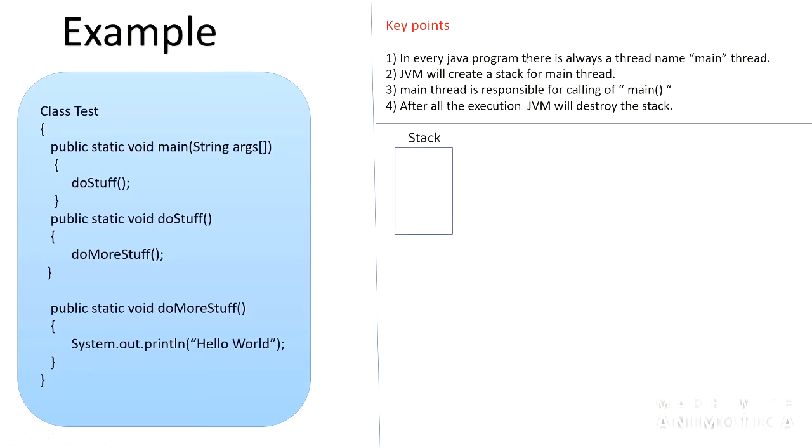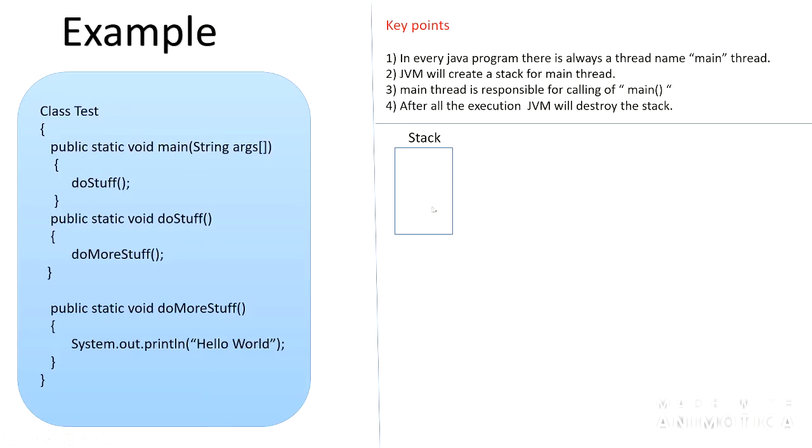As there is always a thread named main thread in any Java program, JVM will create a stack for the main thread. Here the stack is created for the main thread, and the main thread is responsible for calling the main method.